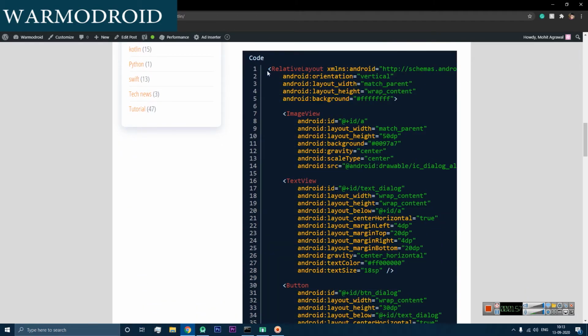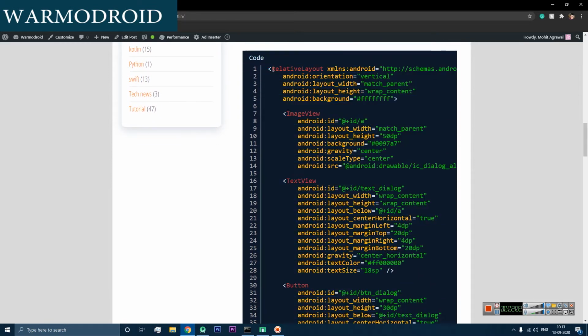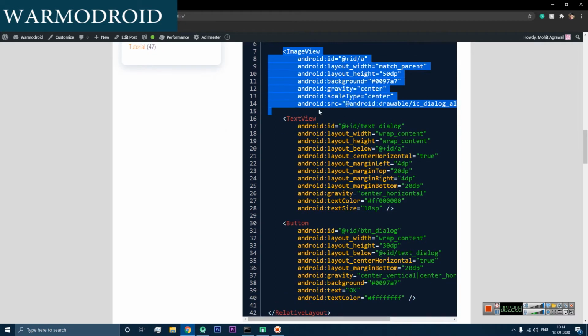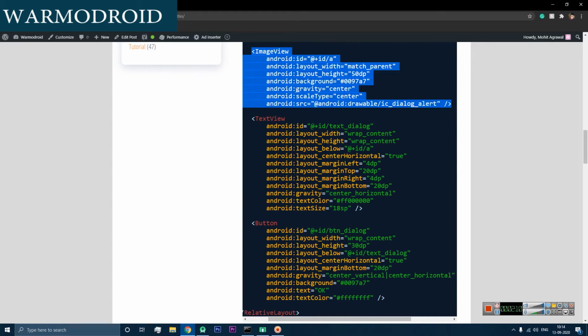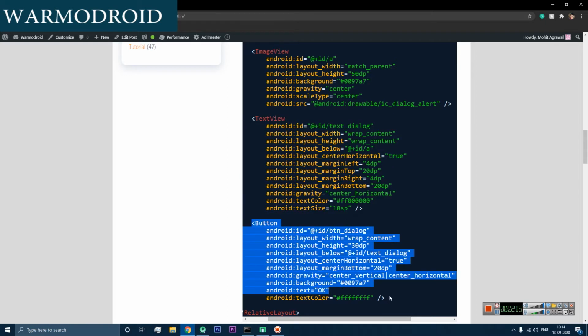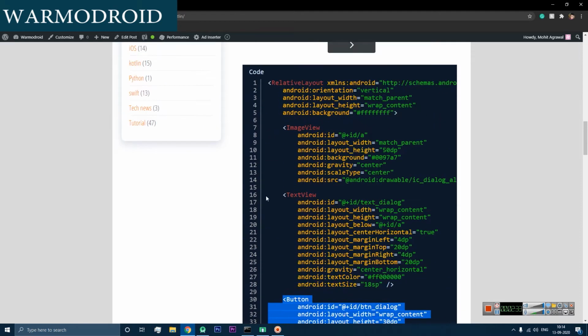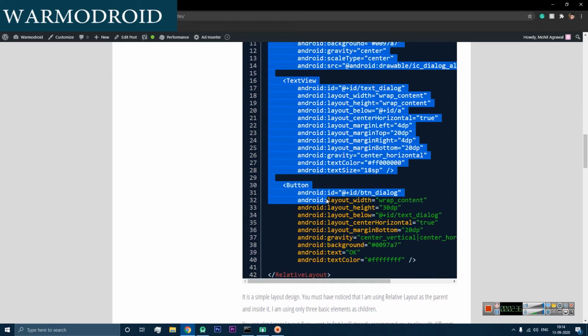You can see directly here in the code. This is the layout code for our custom alert, and the parent is the relative layout, and in that, this image view I am using for a small icon there, and this text view is for alert text, and this is a simple button to dismiss the alert. And I'm just using three elements here. You can use like two text views, three buttons, anything according to your requirement. So let's quickly copy this code to save time so that I can give more time in explaining the things